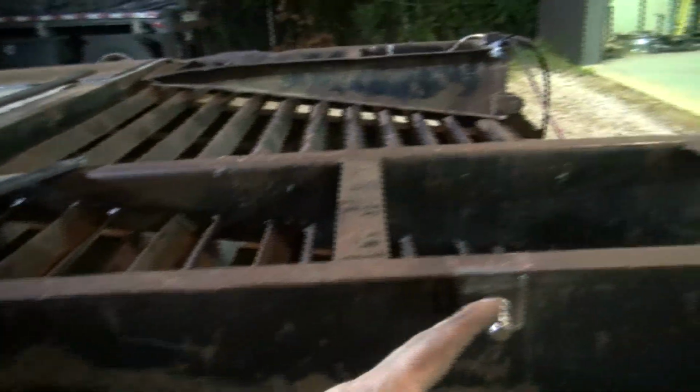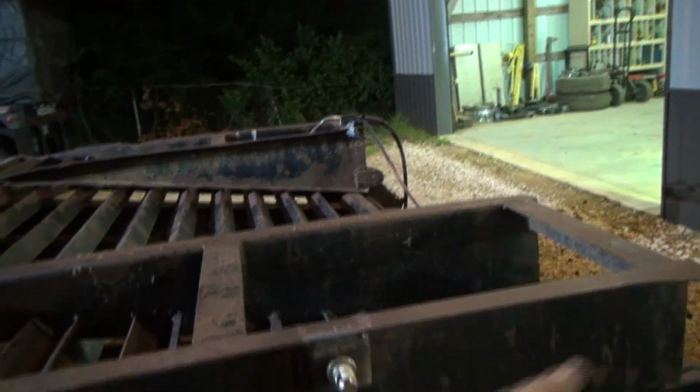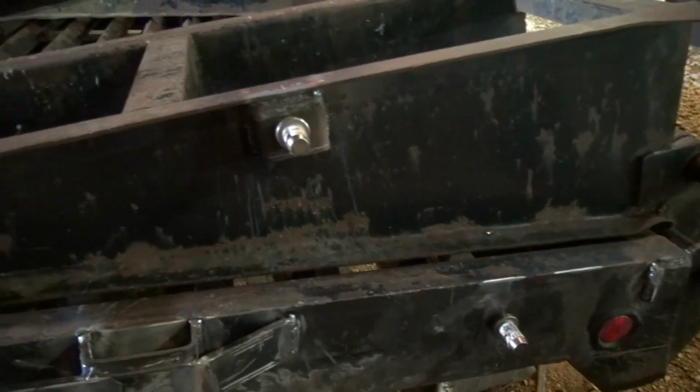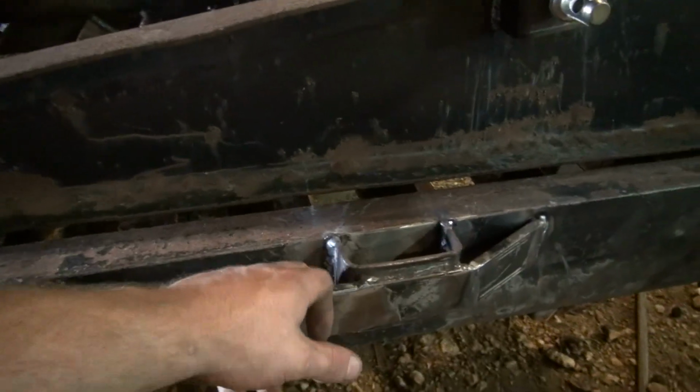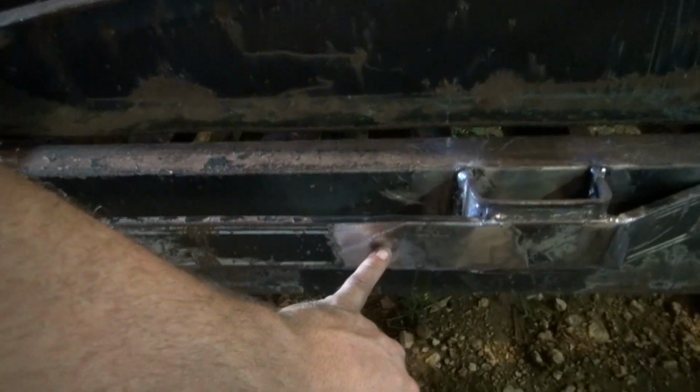Whereas if it gets bent, the ramp will just come in and compensate for it when you have the ramp standing up. But if you put a pin here, that bar, if it gets bent, is going to be a little shorter. It's not going to want to fit, and I think it's going to cause an issue, more aggravation. So I just welded the old stake pocket back on here, welded the flat bar back together,